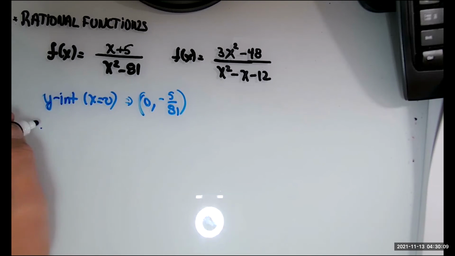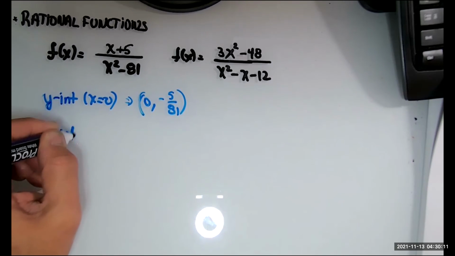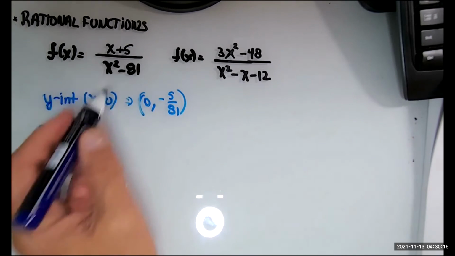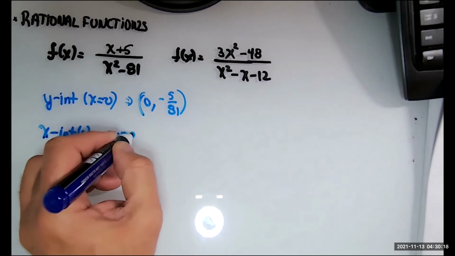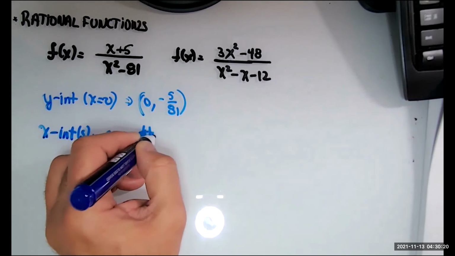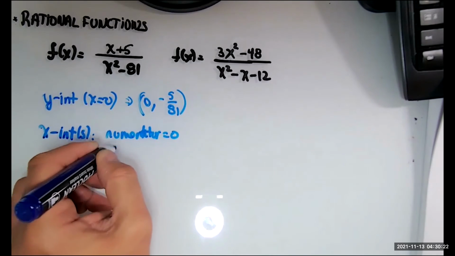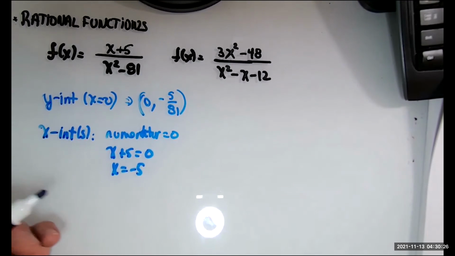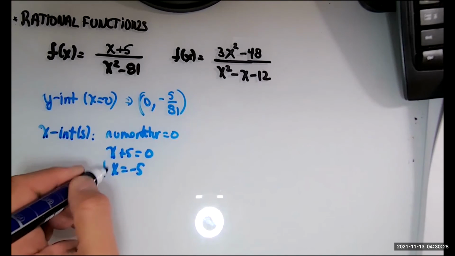I should have talked about the x-intercept first. That was the whole idea. The x-intercept, in this case, is only 1. We make the numerator equal to 0. So therefore, x plus 5 equals 0, x equals -5. So that's my x-intercept at